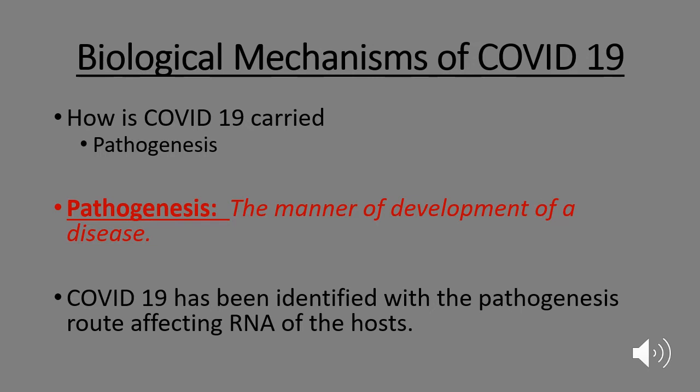COVID-19 has been identified with the pathogenesis route affecting the RNA of the host. And I have a great video that you're going to see here on the next slide that we come back to protein synthesis, which we talked about in Unit 6.3. And so we're going to take that previously learned material and apply it to COVID-19 and what we know today. Because remember, we went through protein synthesis, transcription, translation, how RNA translates proteins and everything in the ribosomes and go forward. That material that you learned in 6.3, that unit that we did, is now being applied to this COVID-19 pandemic